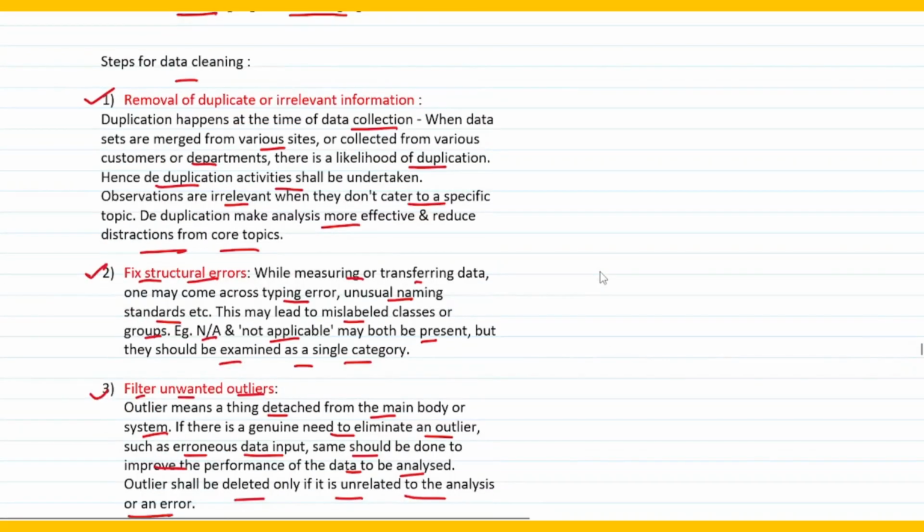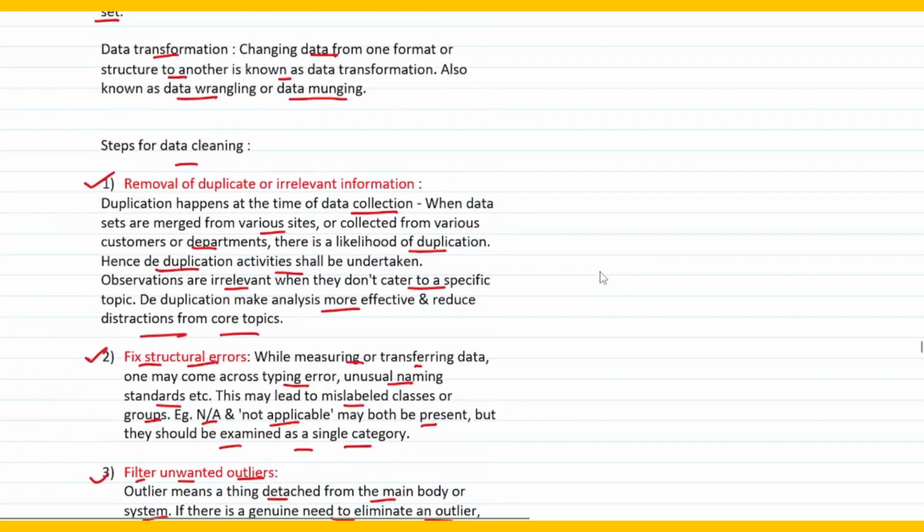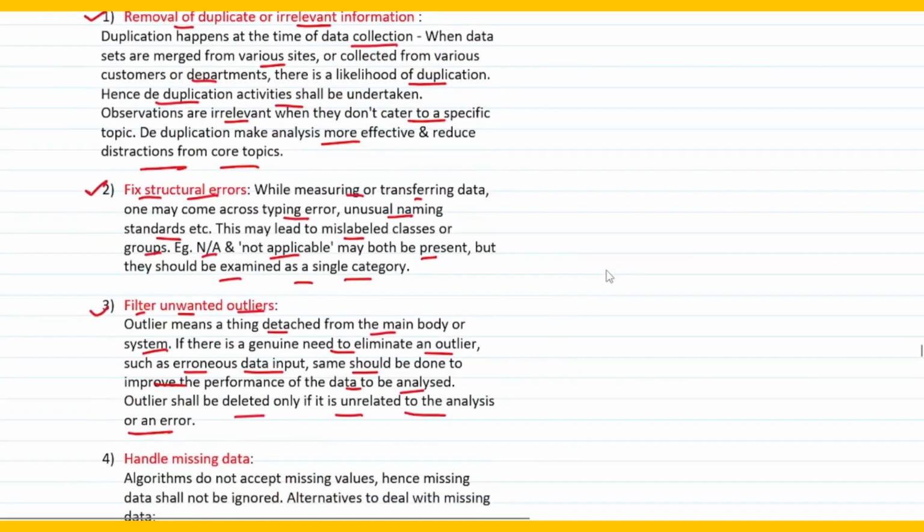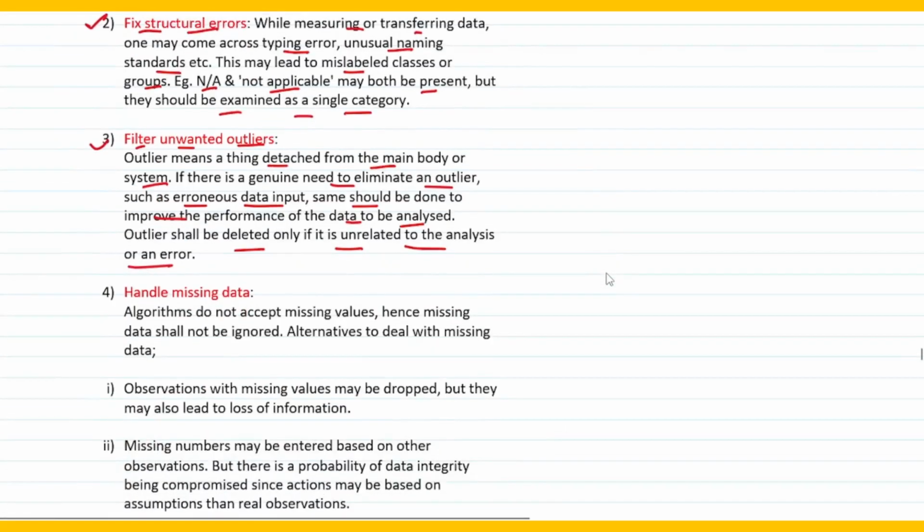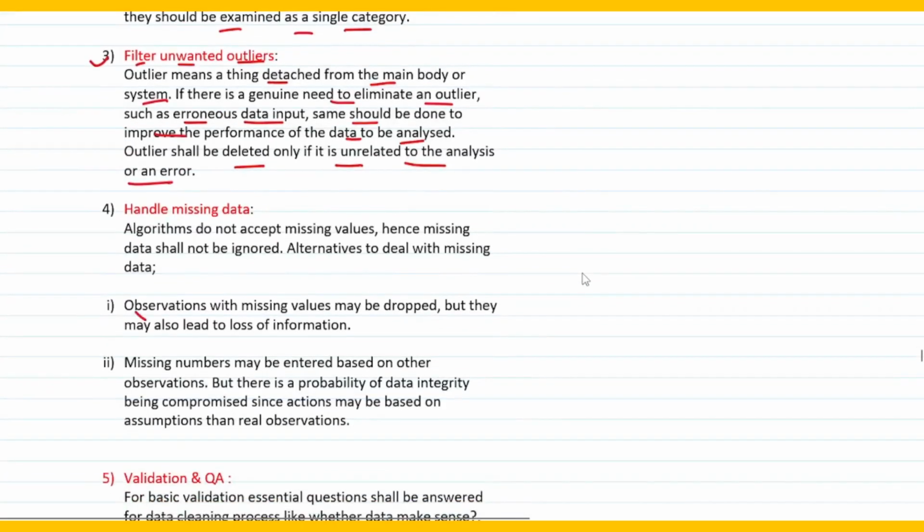So three points we have done till now. The steps of data cleaning are: first of all, you remove the duplicate or the irrelevant information, you fix the structural errors, and you filter the unwanted outliers, right? Okay, then we move on to the fourth one. Fourth one talks about